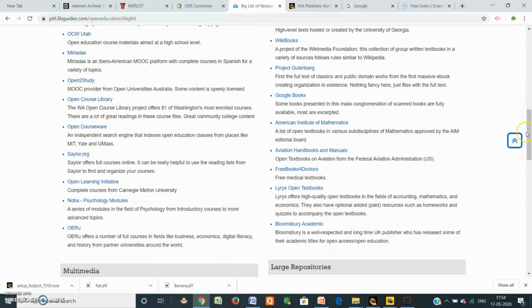Drag and drop the files, or choose the file to upload, and when you click here, the next option is where I saved the Hot Potatoes file, this is quiz 3. Just click here, open and upload it. Because this is a very simple practice quiz, I am not uploading it here, but you can just click here, open and upload. After uploading, the open educational resource repository reviews the process, and if they find it suitable, they will publish it, and you get an email notification. When it is published, you can share that link with the students directly.